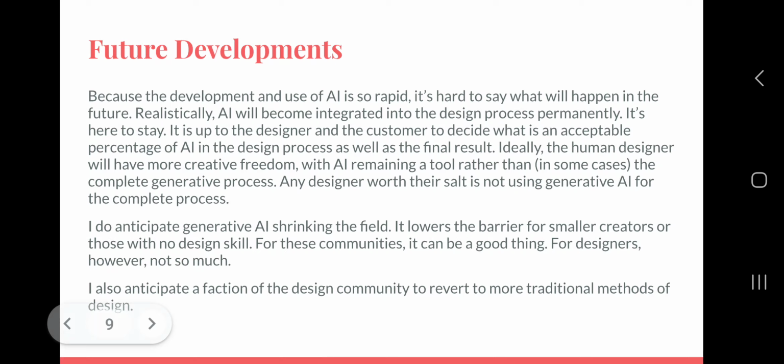On one hand, it lowers the barrier for smaller creators or those with no design skill who didn't go to college for this. And for these communities, it can be a good thing. For designers, however, not so much, because it shrinks the field again. So it just depends on which way you look at it. For the field, though,